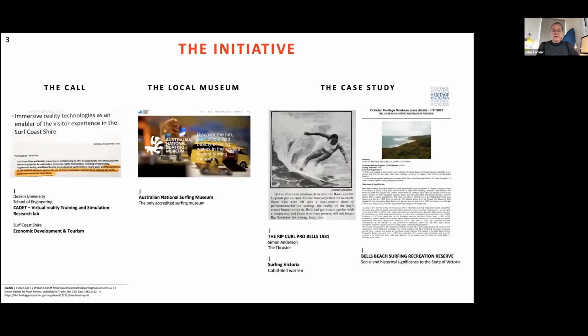My PhD research began in 2018 to explore possibilities of immersive technology in enhancing visitor experiences. The research has been done at the National Surfing Museum in Turkey. This museum is dedicated to telling stories of surfing, and it's the only surfing museum. The 81 provides an illustrative example of how the